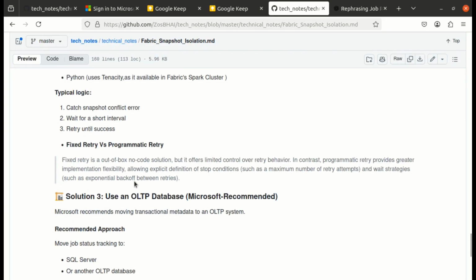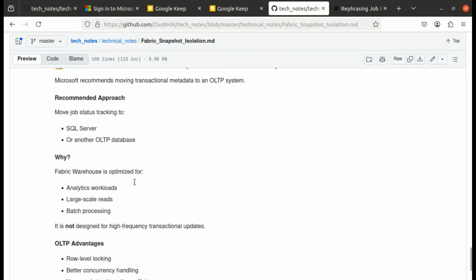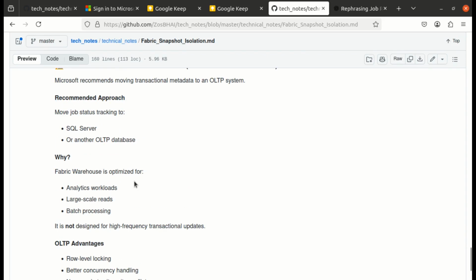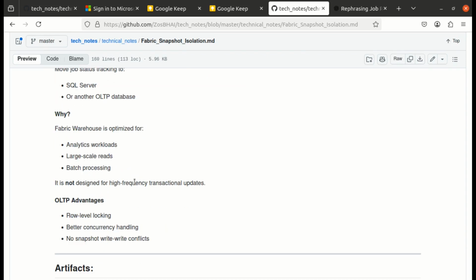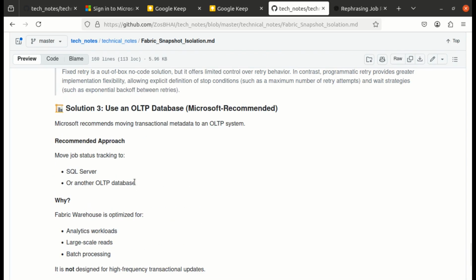The next solution is to use an OLTP database. This is a Microsoft recommended approach because the Fabric warehouse, which is optimized for analytics, read, and batch processing, is not designed for high frequency transactional updates. So that is where the OLTP system comes into the picture, where it has better row level locking, better concurrency handling,